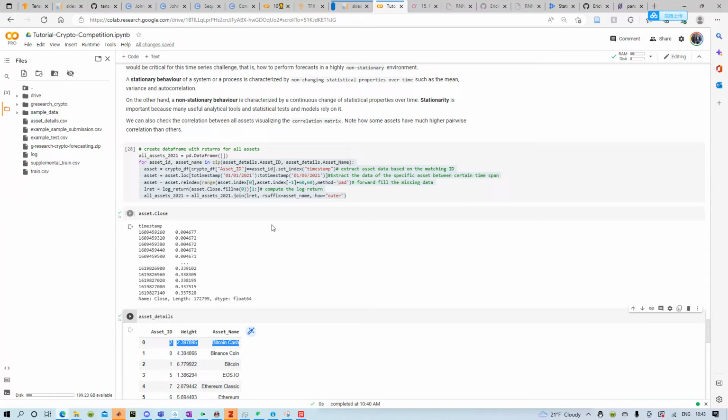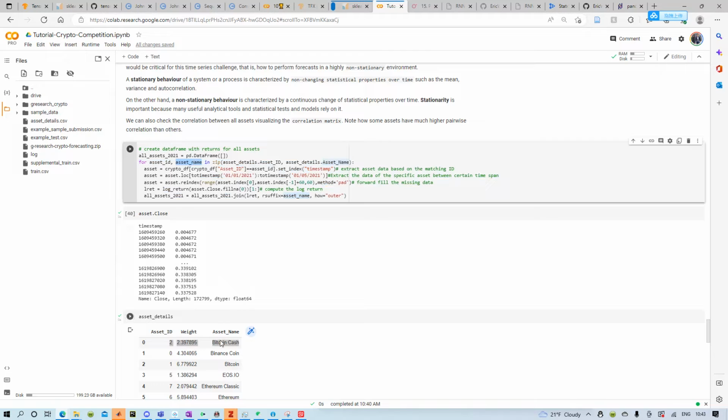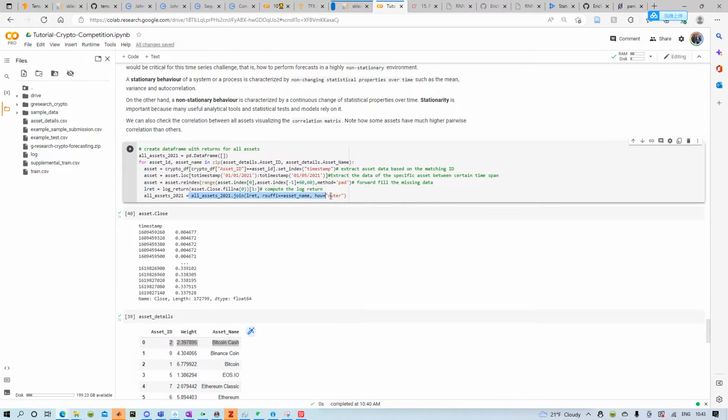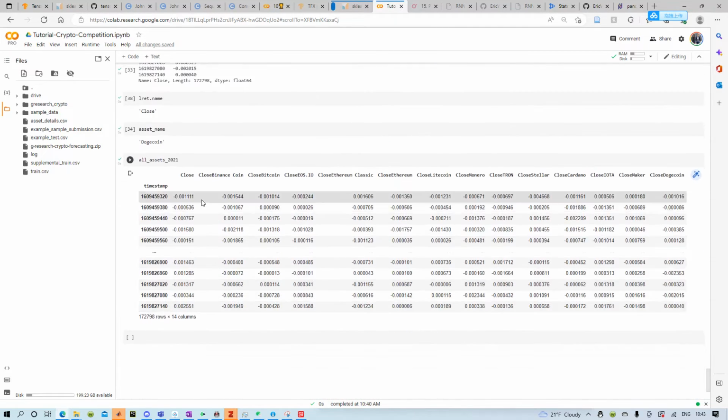The ID will be 2, and the asset name will be Bitcoin Cash, and then you will do this type of calculation and extract the log return that corresponds to Bitcoin Cash. And then what this line does is that it will put this value being calculated for Bitcoin Cash, which is a data series, and then put it at the